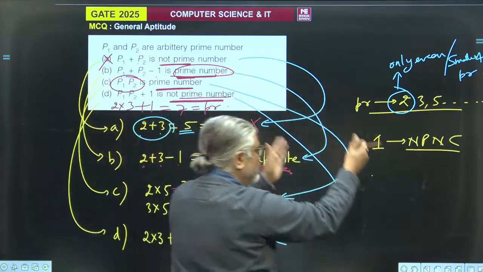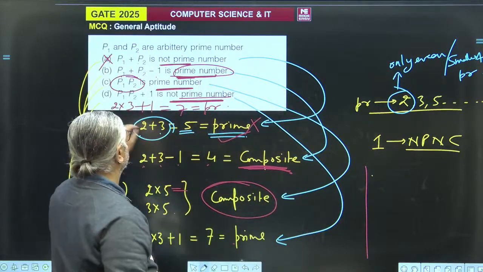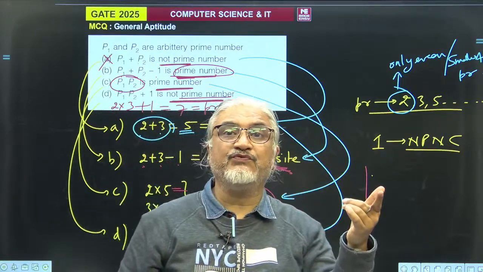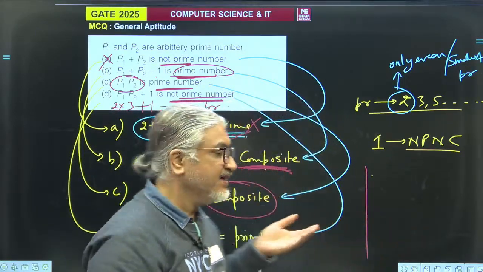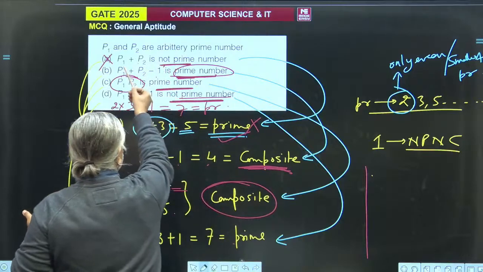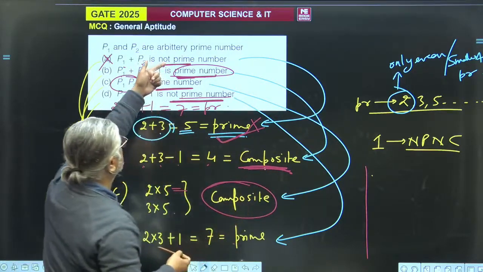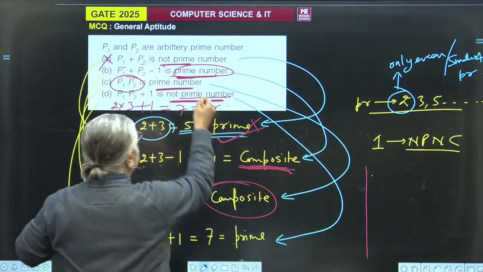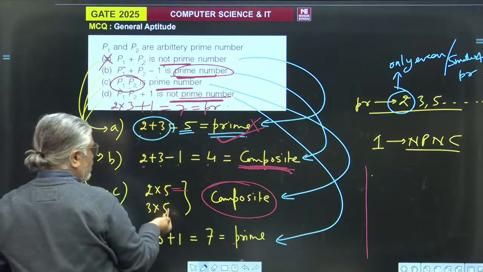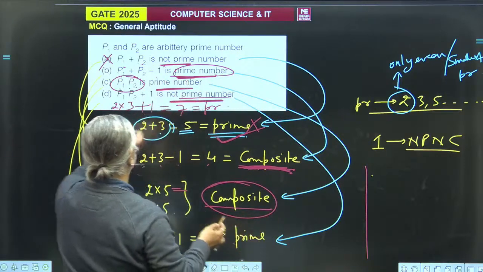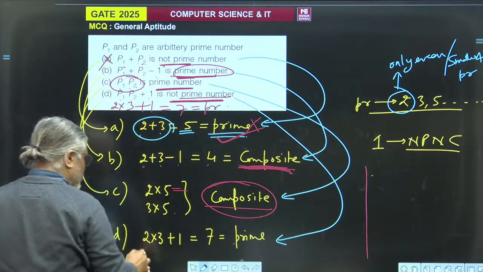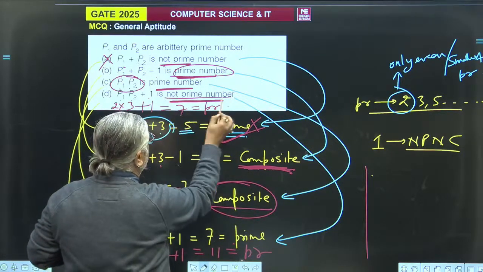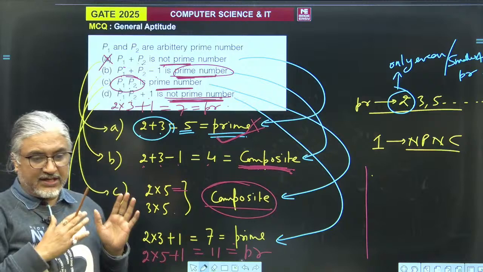इसके नीचे या ये क्वेश्चन कुछ और है या इसके नीचे कुछ स्टेटमेंट थे, अभी जो हमें देखने से मिल रहा है इनमें से none of them are coming out to be true, क्योंकि मैंने सभी को प्रूफ कर दिया कुछ ना कुछ वैल्यू लेके that the first one is false। P1 plus P2 प्राइम आ गया, फॉल्स हो गया पहला। P1 plus P2 minus 1 वो मैंने कंपोजिट निकाल दिया, इसलिए वो भी फॉल्स हो गया। मल्टीप्लिकेशन ऑफ 2 प्राइम नंबर, वो तो कंपोजिट होना ही है। P1 इंटू P2 प्लस 1, कुछ भी ले लीजिए, 2 इंटू 5 प्लस 1 11, विच इज अगेन प्राइम। ये बोल रहा था शुड नॉट कम आउट टू बी अ प्राइम।